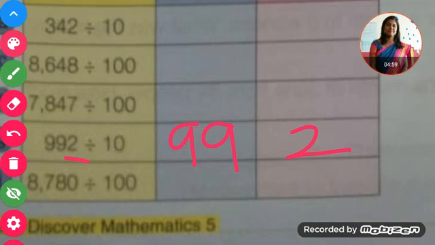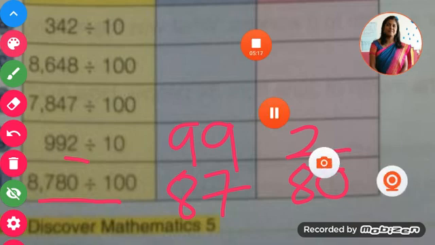That is, if you take an example here, your 80 becomes your remainder, that is ones and tens place, and the remaining is 87, which becomes your quotient. So here you are going to solve this table systematically and submit it in the homework part. Let us go with the next one.